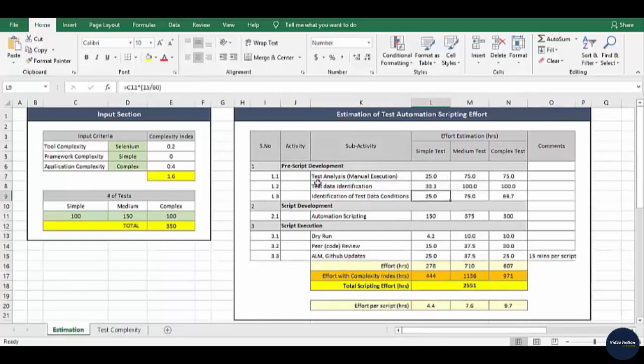So the model will develop the effort in hours for a simple set of test cases, for a medium complex set of test cases, and for complex test cases. This is without considering the complexity index. Okay, so this is just a plain one. Considering that your project has some complexity index, it will also yield another effort which will consider the complexity index. Means this 278 hours will be multiplied by the complexity index, which in this case is 1.6,